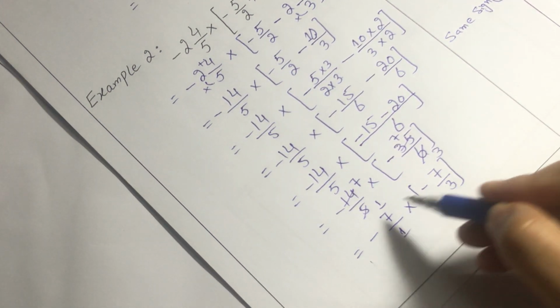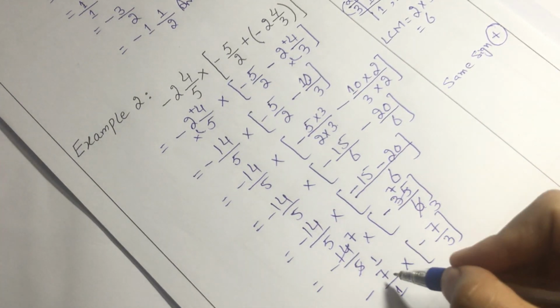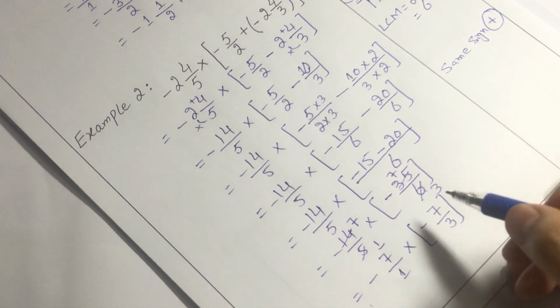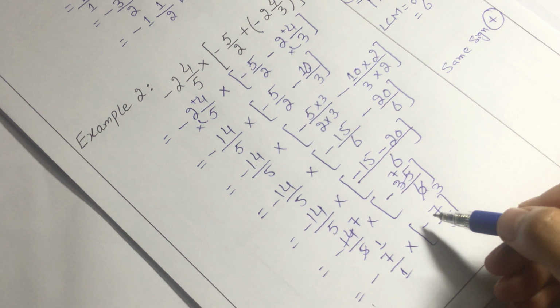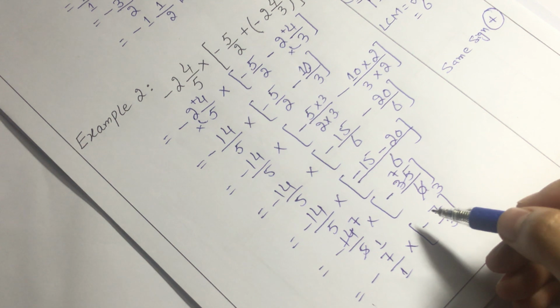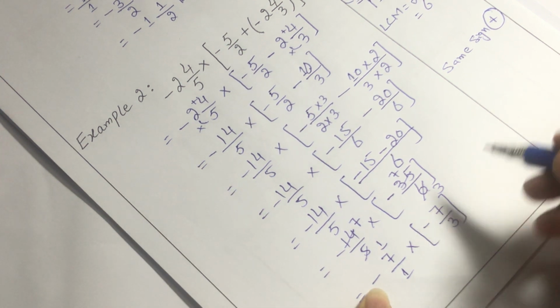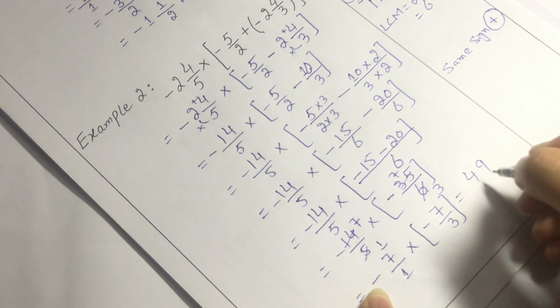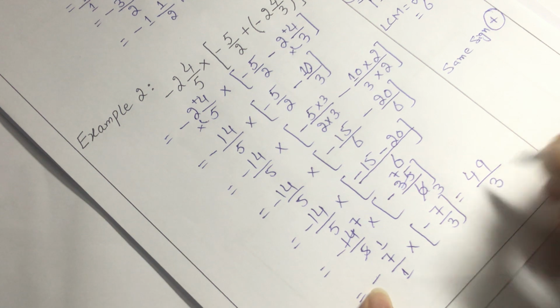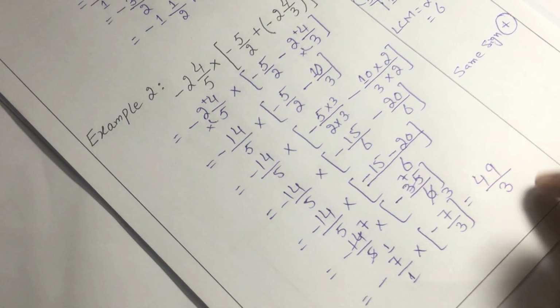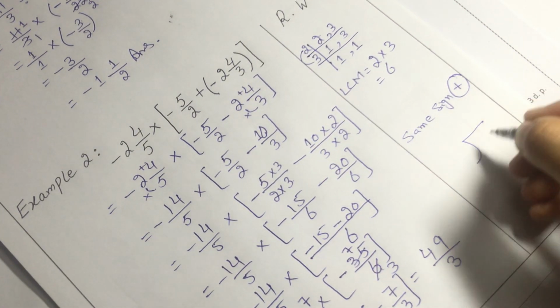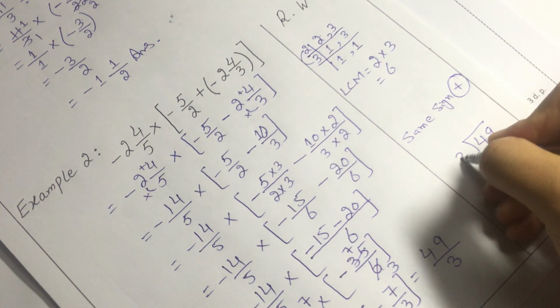Now there is no further simplification possible, so we can multiply the numerators and we can multiply the denominators. And one more thing, two negative integers. We have two negative integers here, and when we will multiply two negative integers, our answer will be positive, right? Minus and minus plus, 7 7s are 49 over 3 1s are 3, right? Now 49 over 3 is an improper fraction, so we will divide 49 over 3.